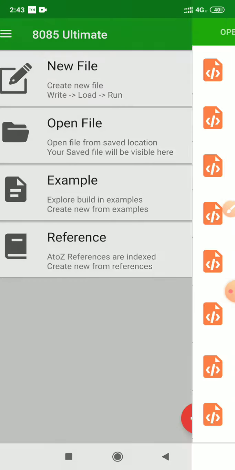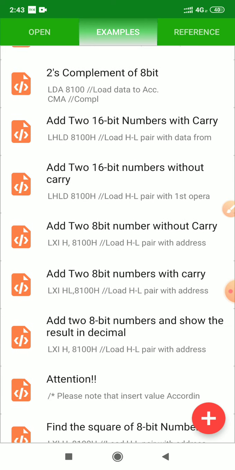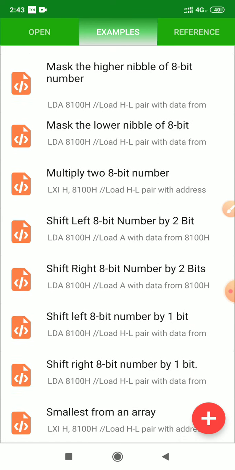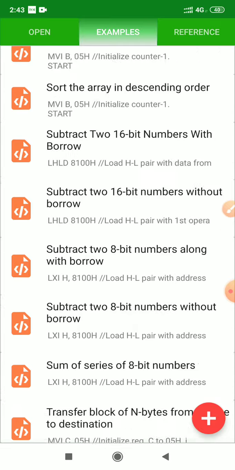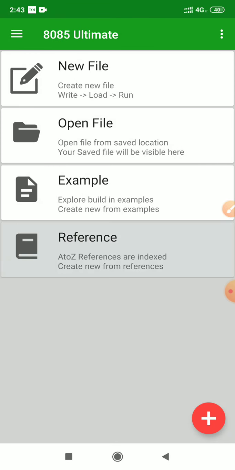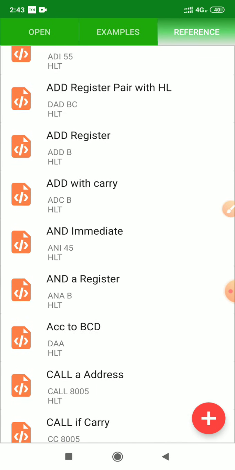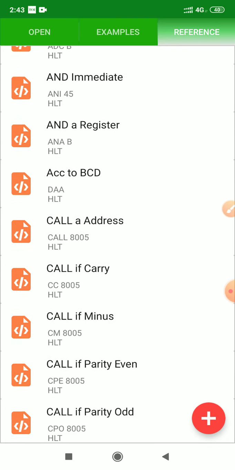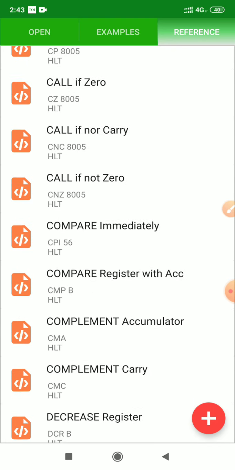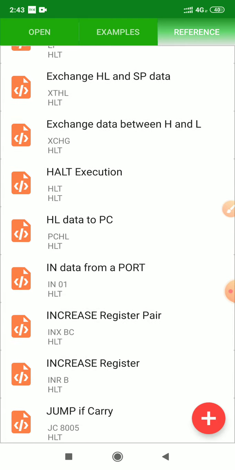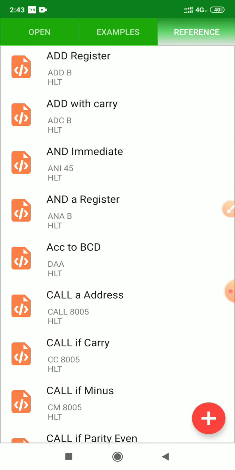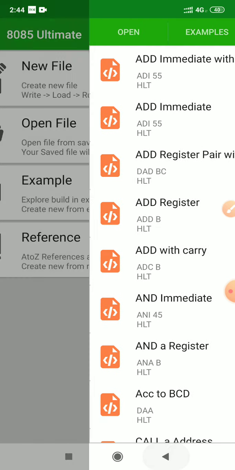In example, there are different examples for our use. We can see these examples and start learning. And in the reference section, there are 8085 commands alphabetically arranged. These commands we can use, and syntax is also given, so we can take help.